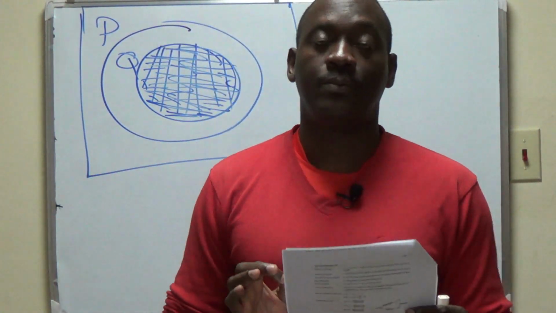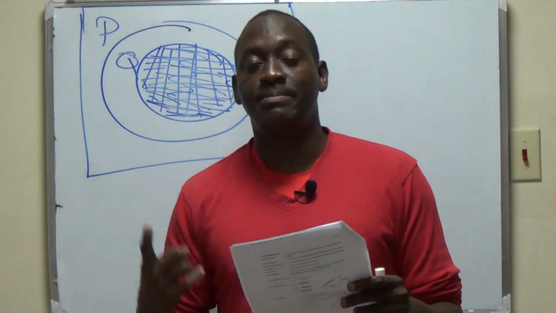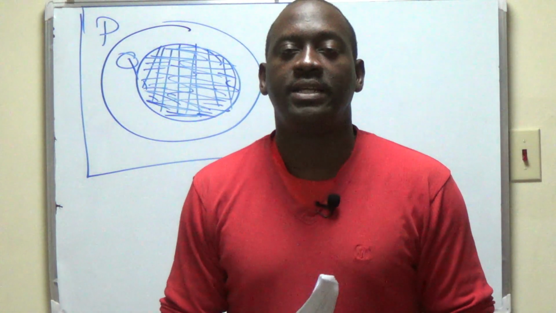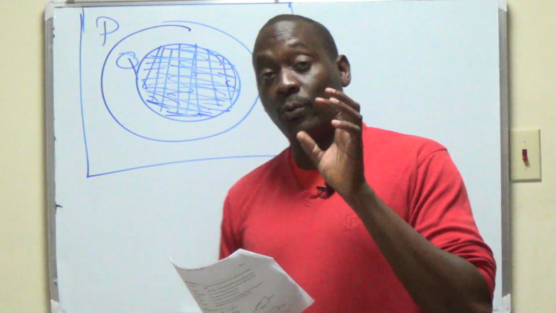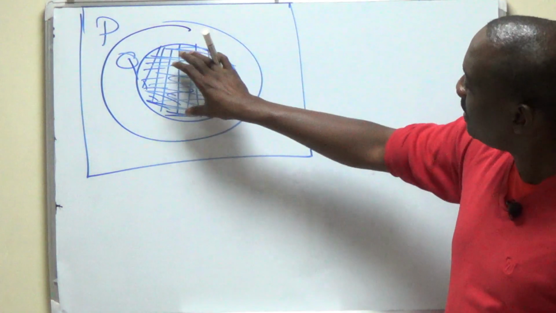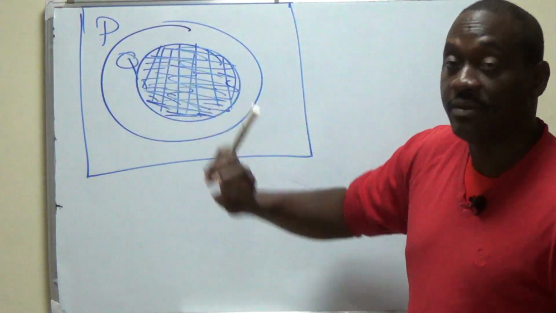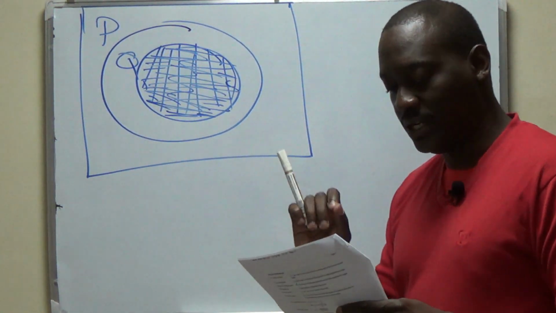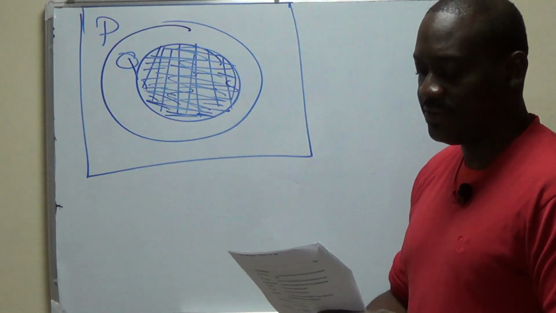Answer C, P union Q. Alright, P union Q would mean that we have everything inside of P shaded as well as everything inside of Q shaded. Now we clearly have everything inside of Q, but we don't have everything inside of P. So therefore answer C will not count as a proper response to this question, which leaves answer D as the